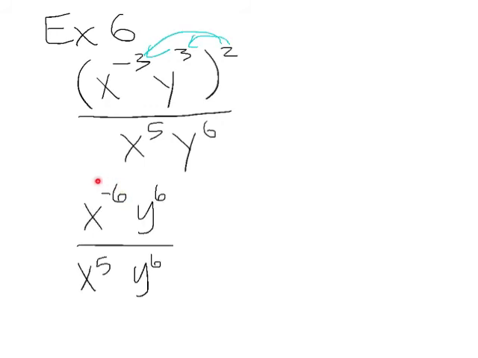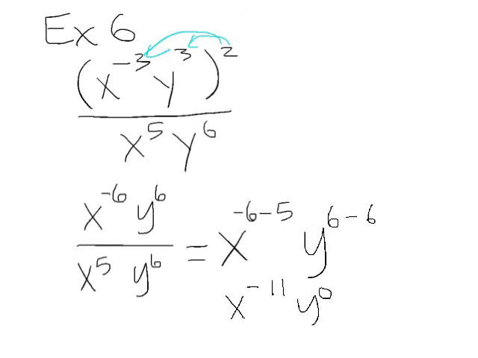All right. Start from the left-hand side. We've got x over x here. And when you have an x in the numerator and an x in the denominator, you subtract the exponents. So this is going to give me then x to the negative 6 minus 5. And then look over to the right-hand side now. We've got y over y. And what I'm going to do on this guy is the exact same thing. I'm going to have y to the 6 minus 6 power of the top minus the bottom. And when I get done with all my math, I want positive exponents. So this is going to give me x to the negative 11th,